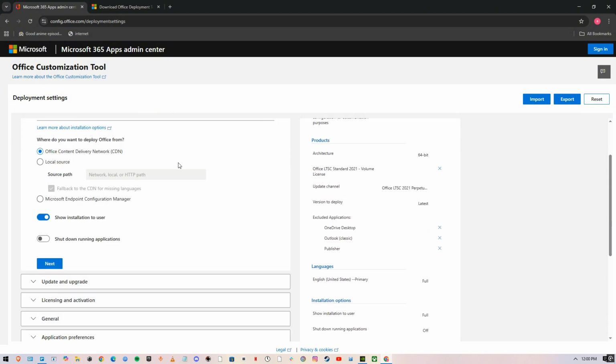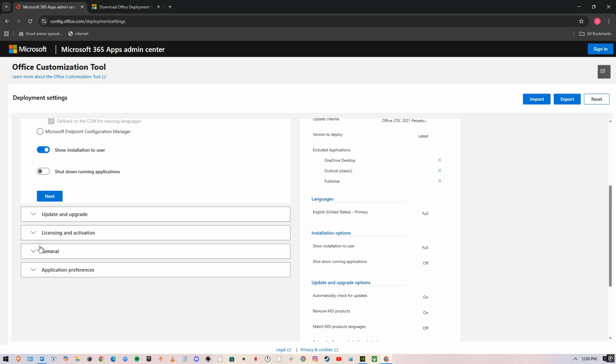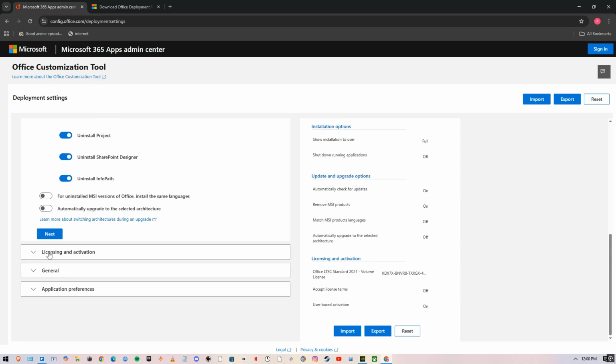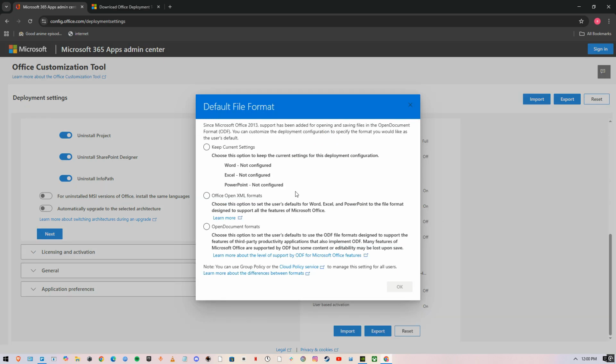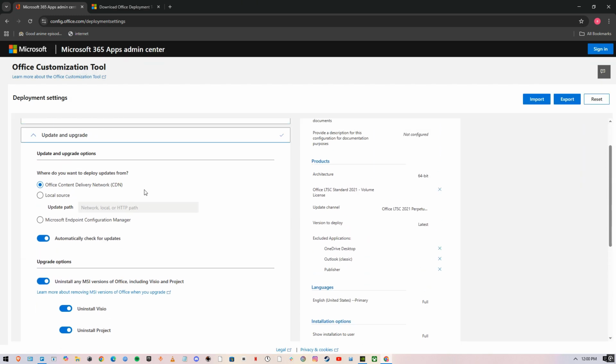For installation, just make sure that these settings are turned on, and update and upgrade, all those settings are turned on. Now what you gotta do is just simply export this onto your PC, and make sure this file is exported to your PC. I don't need it because I already have it, but once you do that,